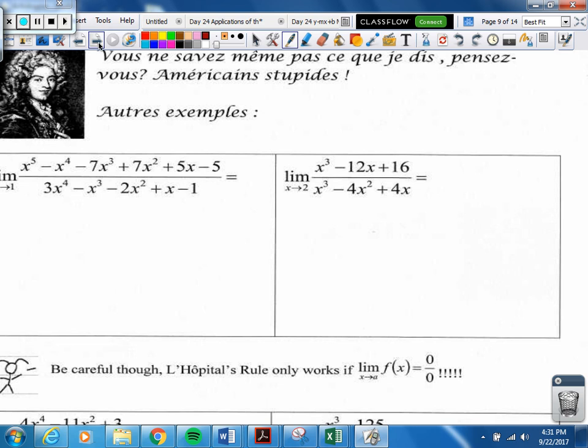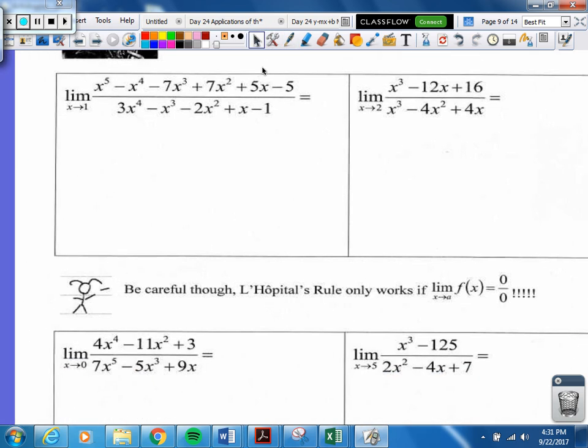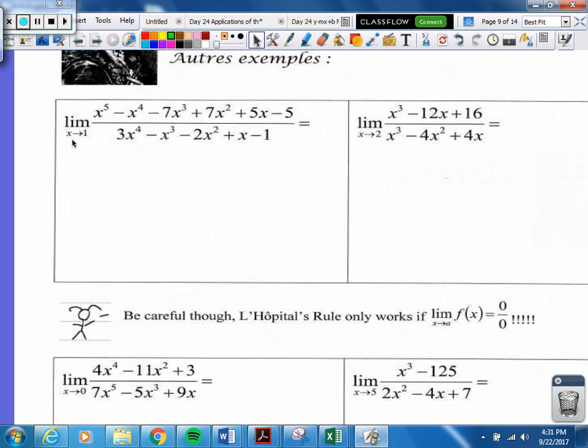Look at this. Some examples, huh? Write this example in your notes. So this one, oh man, if I get 0 over 0 here, I would not want to factor that thing. That looks crazy. So hopefully L'Hôpital will help us. But I don't know what's going to happen. Let's plug in 1. So the limit